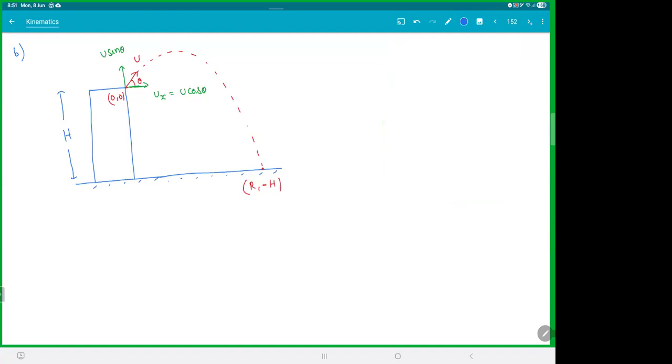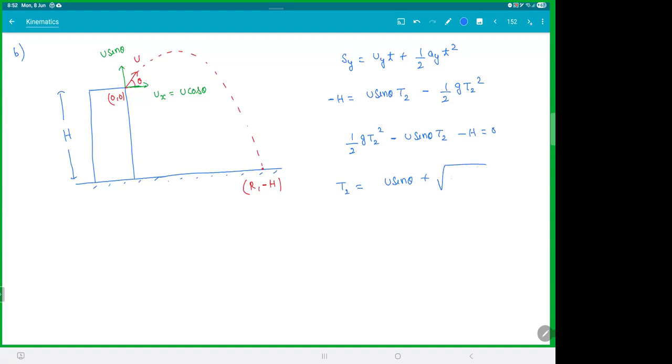So yeah, same steps. I'm going to use, for time of flight, Sy is equal to uy t plus half ay t square. This is minus h. Uy is vertical; up is positive, down is negative. u sine theta t2 minus half g t2 square. You get a quadratic, minus h is equal to 0. From here, you can get t2, which is u sine theta plus root over u square sine square theta plus 2gh,